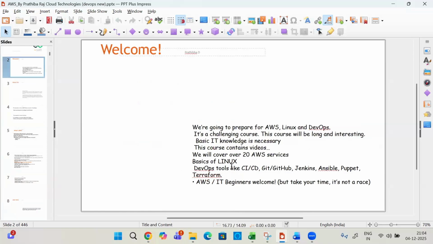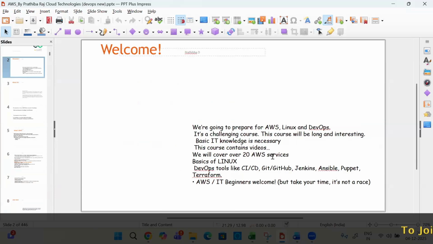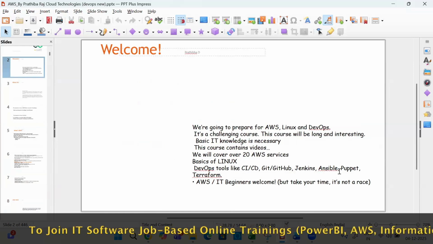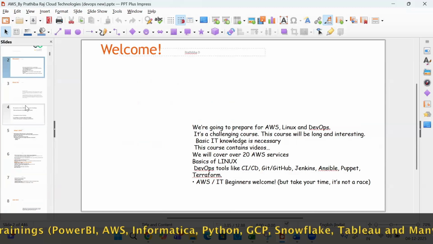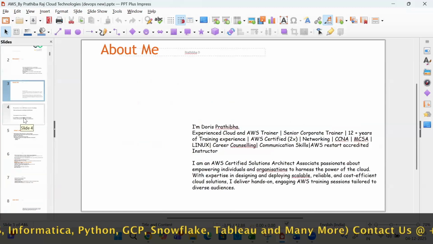Mainly they are looking for your Linux skills, your tools like AWS, your cloud service provider, some of the services like EC2, S3, all those things. Then DevOps tools like CI/CD, GitHub, Jenkins, Ansible, Terraform, Kubernetes. So all these services will be covered.